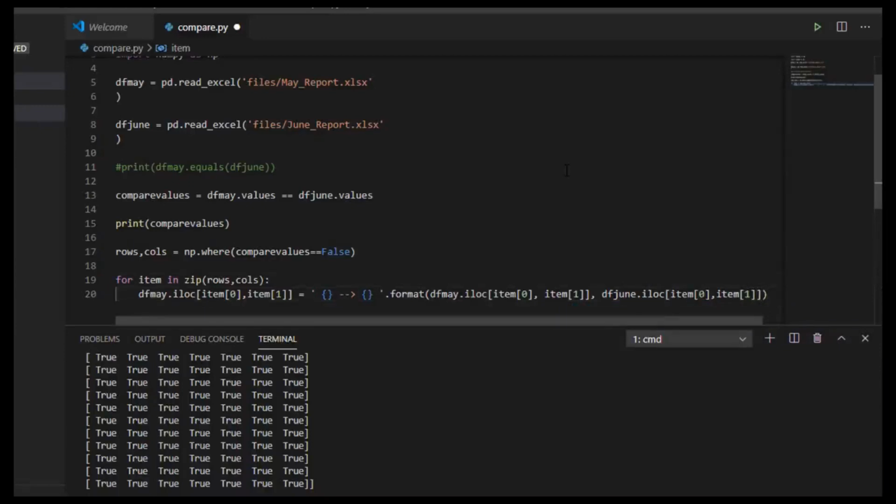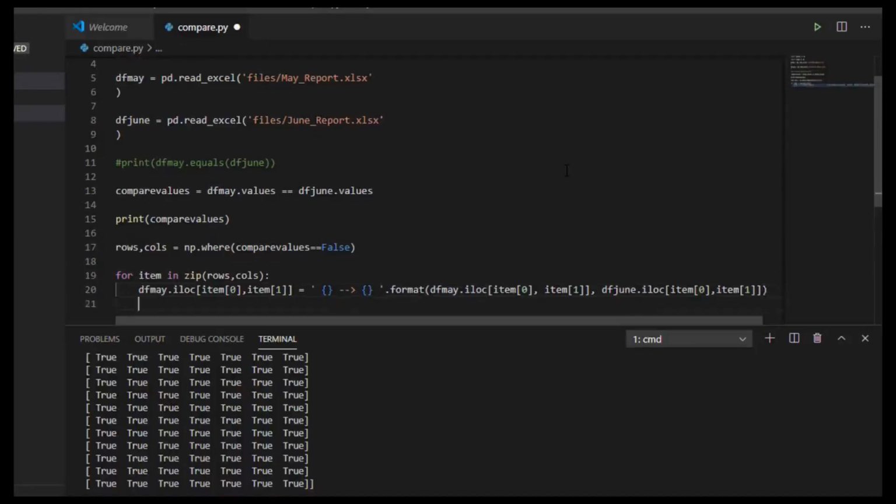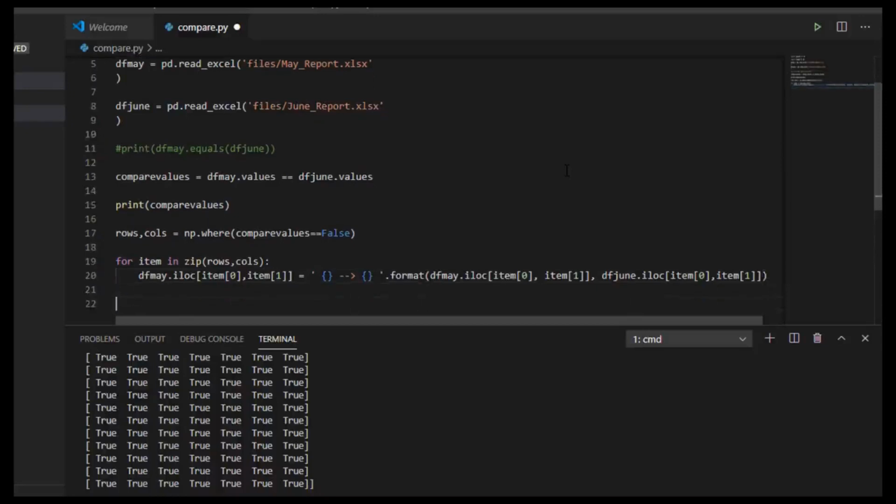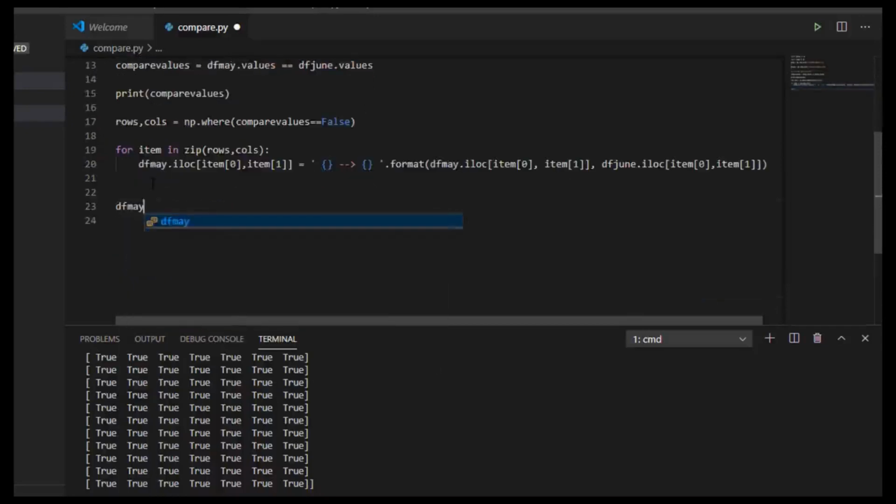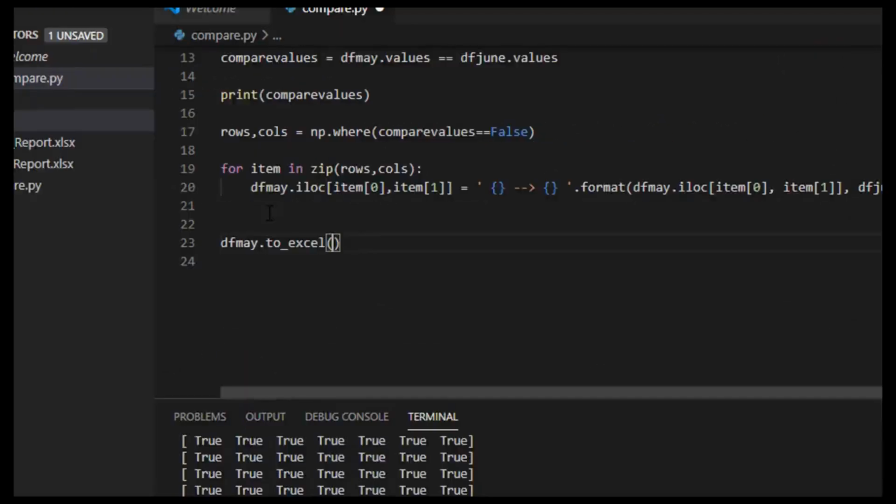And now we want to generate the output of this data frame. For that, I'm going to use df May to df May dot to_excel of the output file path. So let me use the file slash output dot xlsx, comma, there are certain additional parameters like index. I want to make it false. I want to include the header, so I make header equal to true,